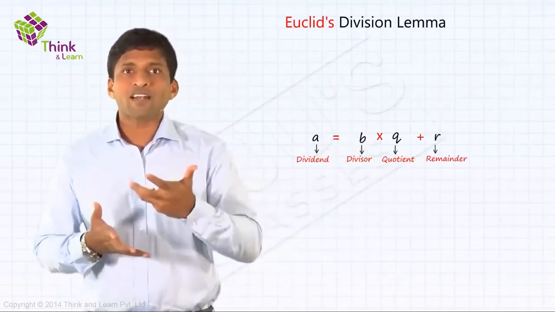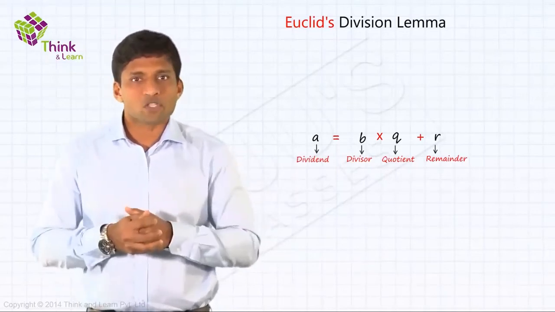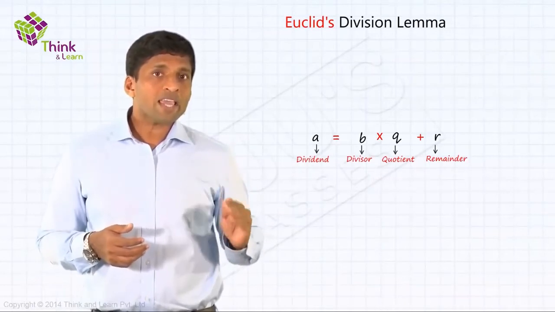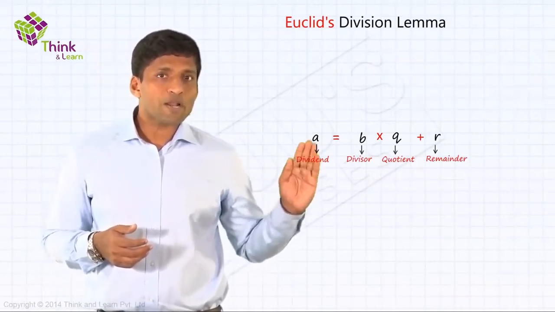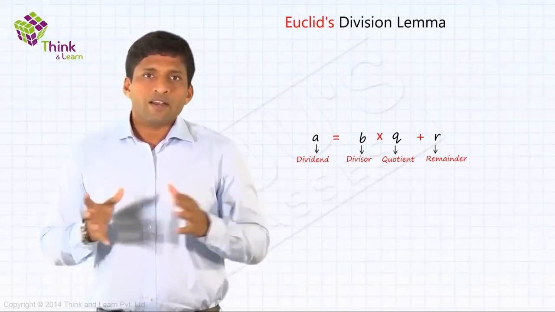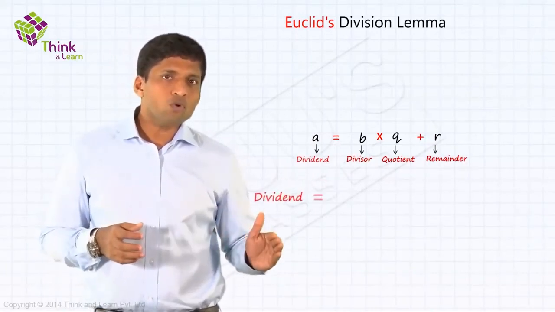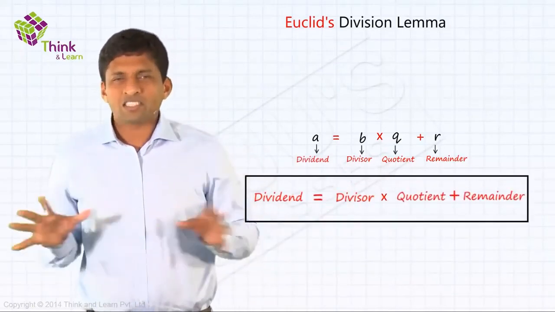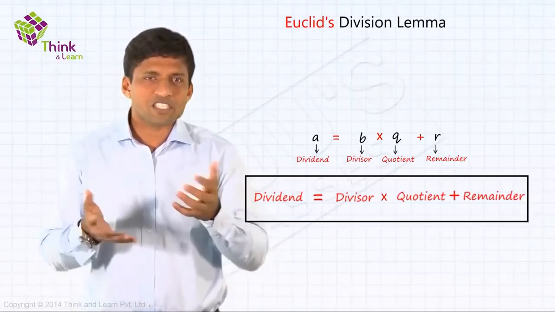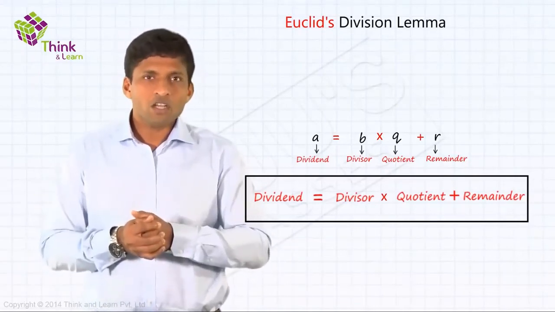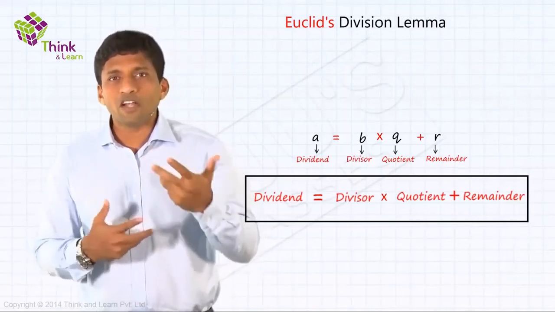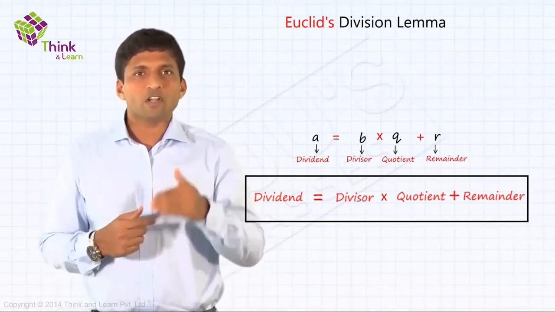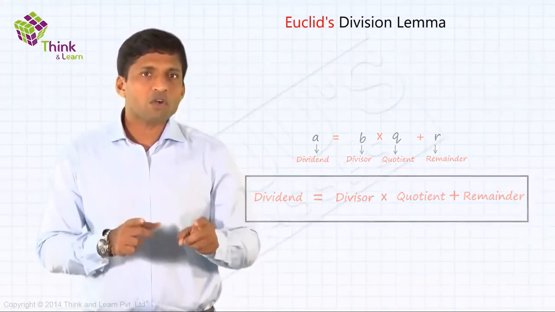Now I'm trying to generalize so that we can write this using variables. So how will it look? It will be A equal to BQ plus R. And this is the same as dividend equal to divisor into quotient plus the remainder. So there is nothing new here. This is almost like a 5th, 6th grade level discussion. We are just going to give it a different name, like Euclid's division lemma. What it's all about, you will understand very soon. We are just going to give it a new name.